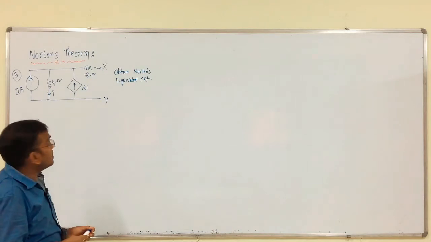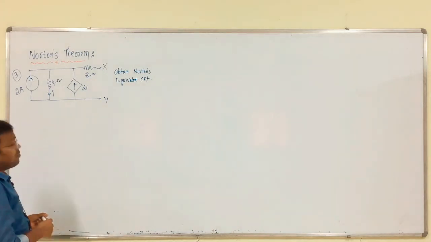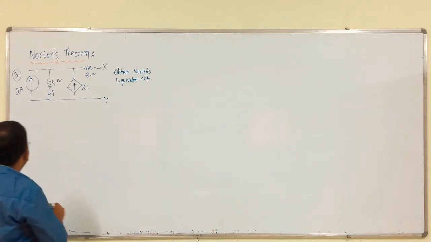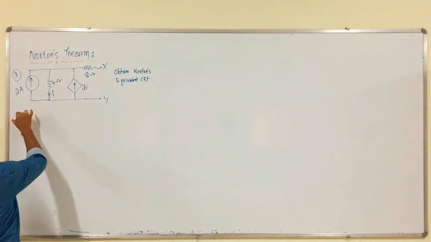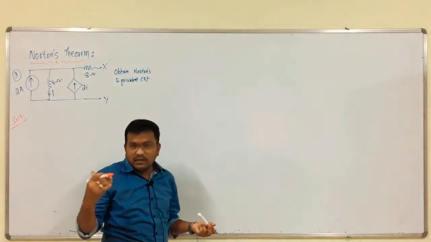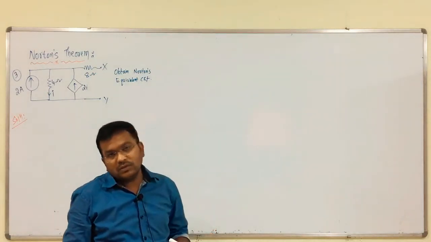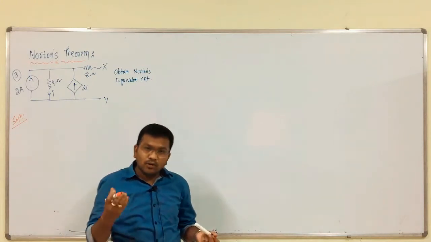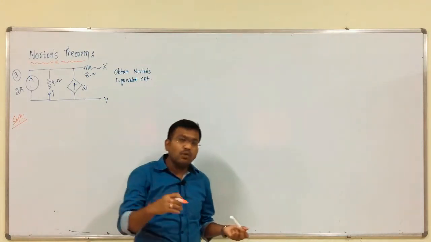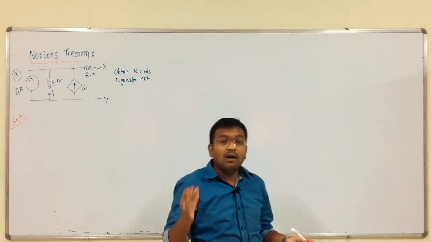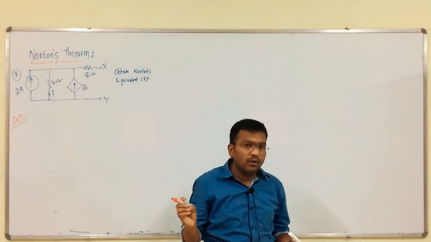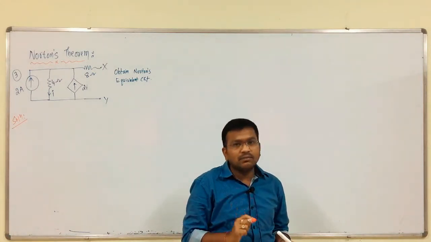Next, we will discuss the third problem. This is the combination of independent sources and dependent sources, right. The same procedure we have to apply for Norton's theorem also. So, we have discussed some procedure in case of Thevenin's theorem. If the circuit has both independent and dependent sources or purely dependent sources, the same procedure you have to follow in the case of Norton's theorem also, right.